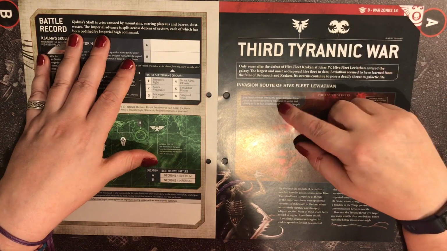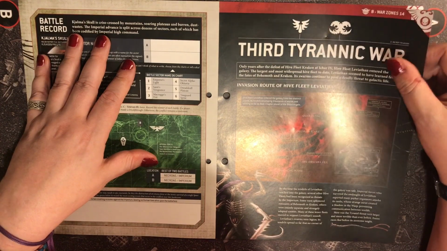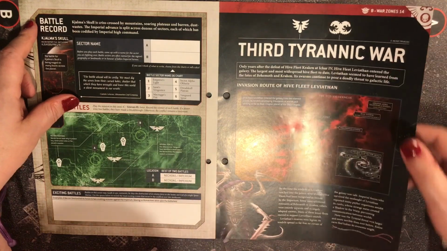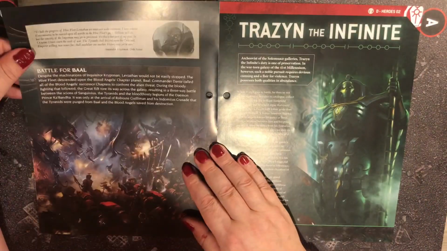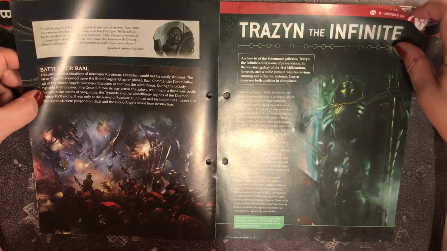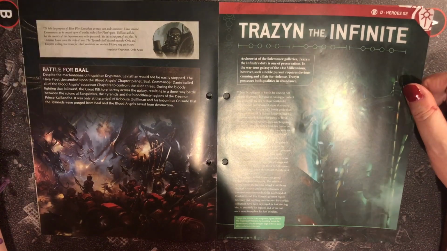So it says here that High Fleet Leviathan entered the galaxy from two distinct points, its tendrils enveloping thousands of worlds and striking as far as Baal, chapter planet of the Blood Angels. And there's brief info on the battle for Baal. In Heroes 02 for Necrons, red section,